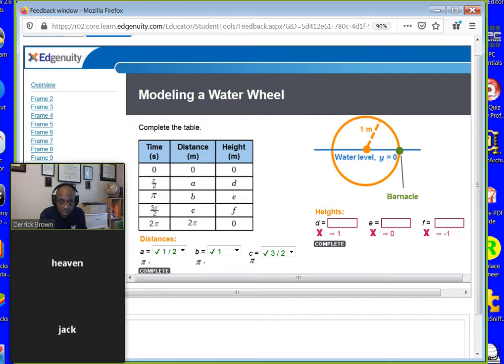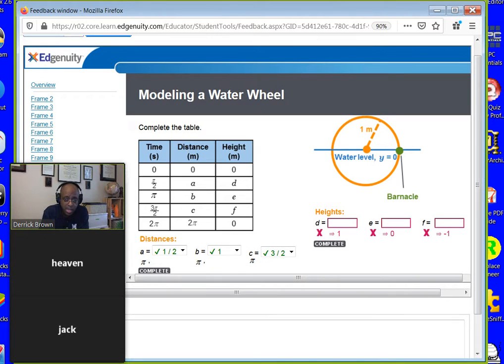Unit circle. So time 0 seconds is at this point. Time pi over 2 seconds is down here. Time pi seconds is right there. And then time 3 pi over 2 seconds is right here. Okay, now I think I see what I'm dealing with. Now these distances, if I know that starting here and going all the way around takes me through 2